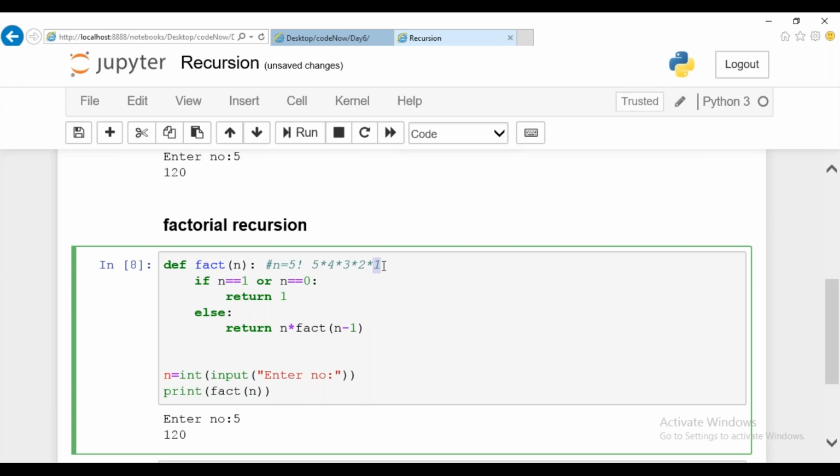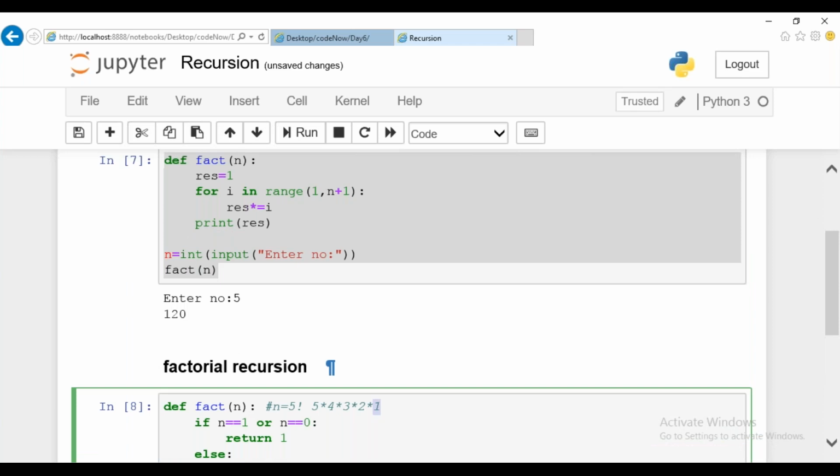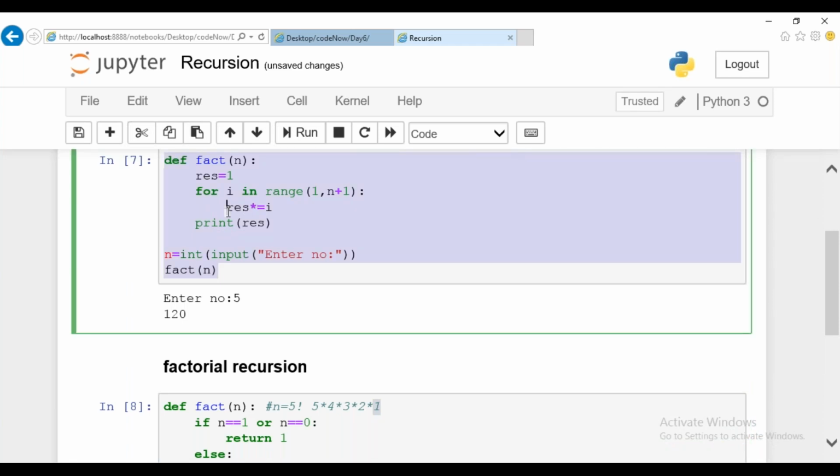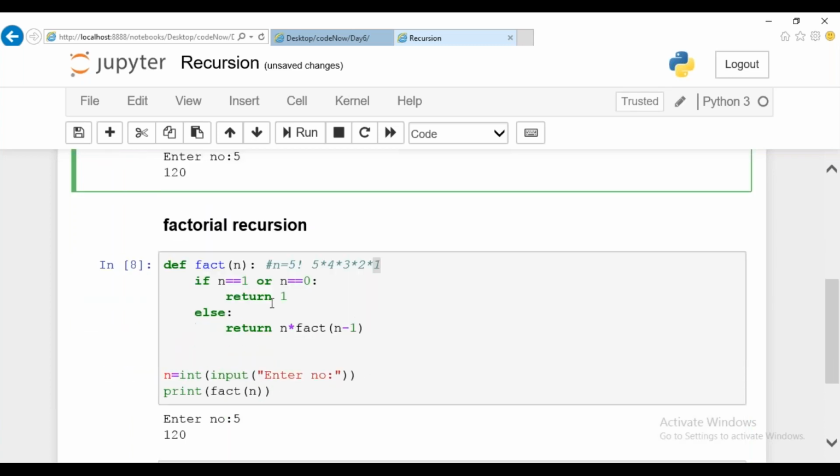I'll give an example. Whenever we are using stack memory, it is like keeping books one after the other. The book that was kept first will be at the bottom, and its value can be taken only at the end of the operation. Clear with it? So for this factorial with recursion we'll be using stack memory. Without recursion we'll never use stack memory, we'll just use a variable memory alone, a normal variable where data will be stored. Here stack memory is required. Clear with it?